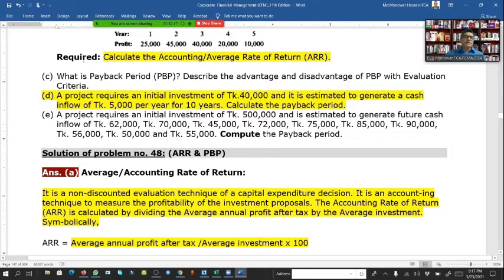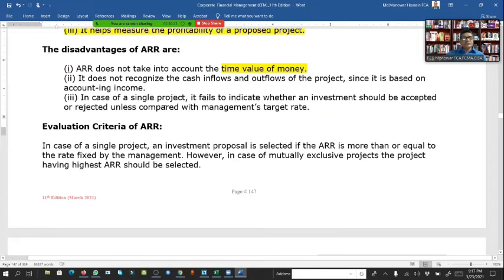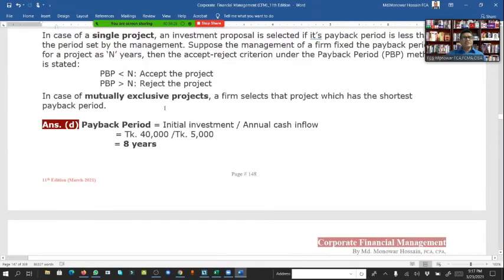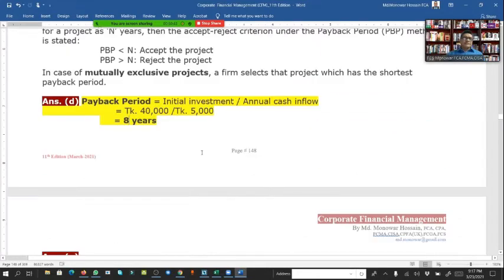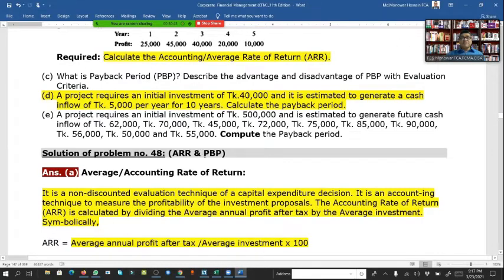So the cash flow is very much a single one, and that's why it is very easy to calculate. If we look here, just 1 line or 2 lines, your math is complete. So here, initial investment 40,000 divided by annual cash flow comes to 8 years. So within 8 years, the money will come back. So the answer is easy. But when the cash flow is not even, that would be different.